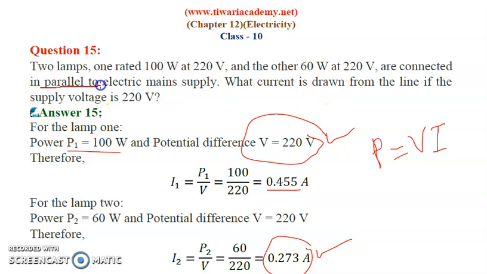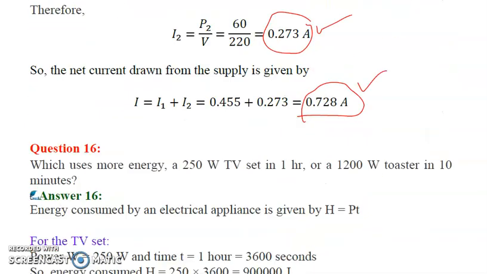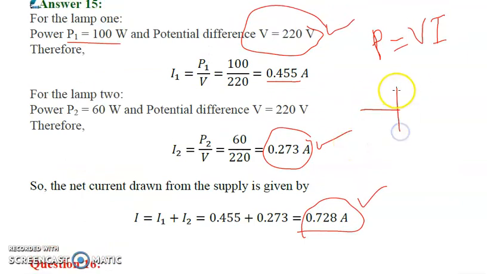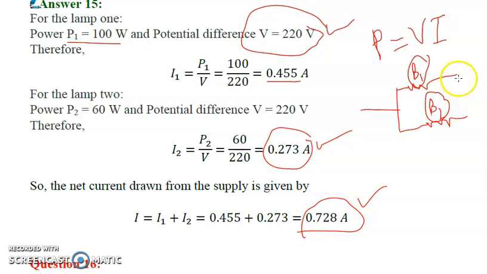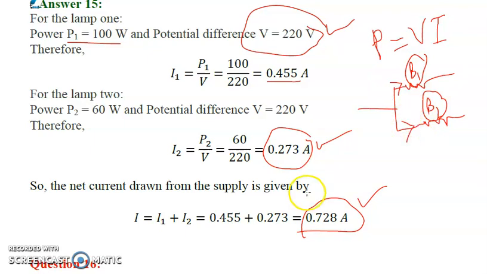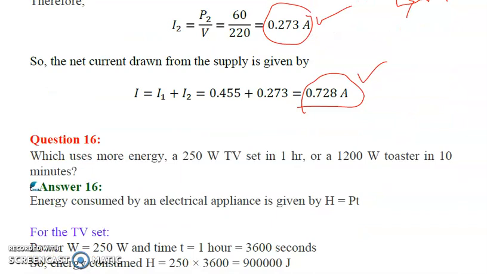are connected in parallel. Because in parallel, let's try to understand this concept with the help of a diagram. This is bulb number 1 and this is bulb number 2. So in this way these two bulbs will be connected such that the amount of current flowing through these two bulbs will be different. So हमने पहले इसका current निकाल लिया I1, then we calculated the current through this, I2, and then we will simply add to find the total current. Okay.